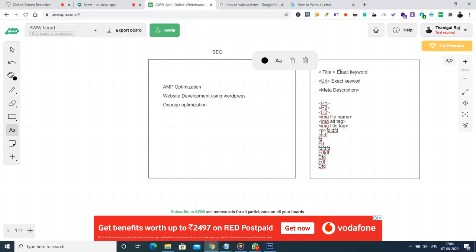And the meta description should be something like a definition, or saying it in the same words, a description which conveys exactly about the keyword and should have the keyword and should have similar keywords.